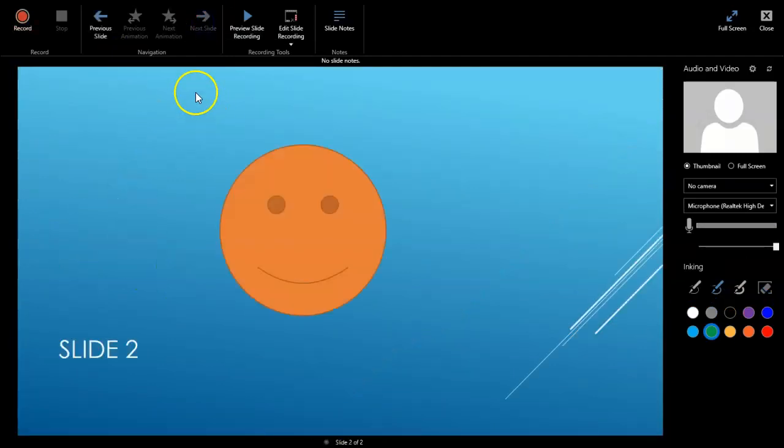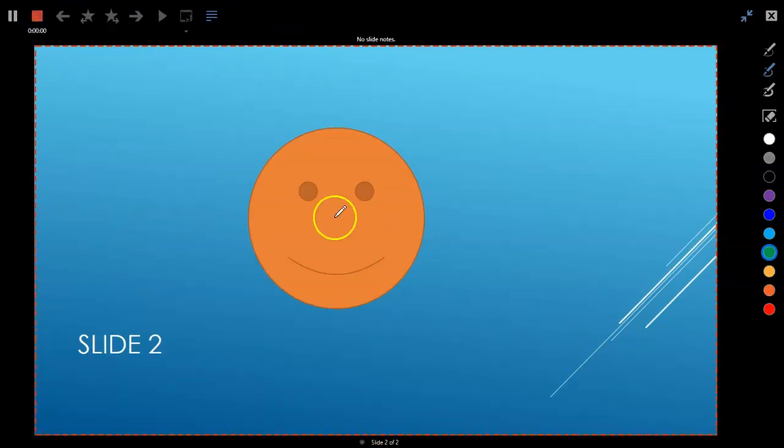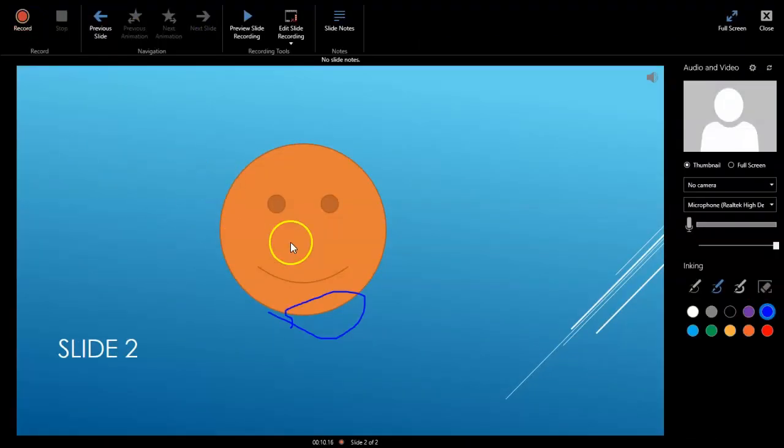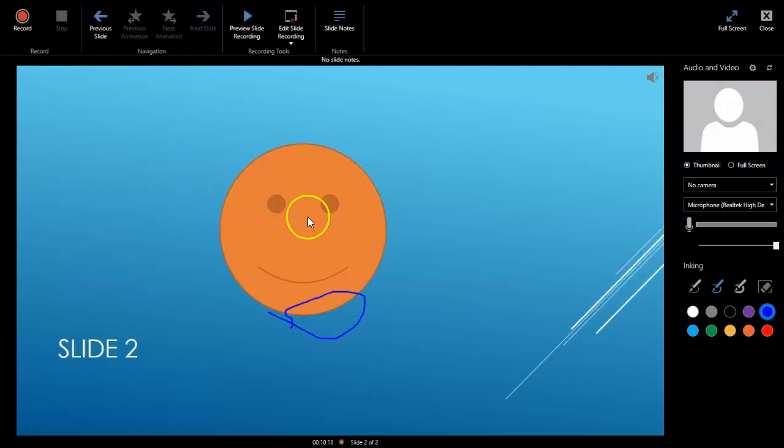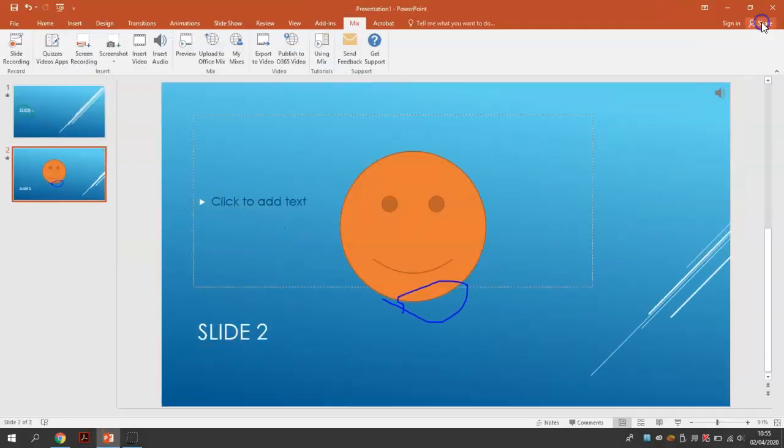I can annotate this one. So I'm just going to press record again, maybe choose a different colour this time, and you can see I've got the annotation, press the stop button, and now I've got two slides, both with their own annotation and both with their own audio recording. I could also edit the slide recording if I want to, but I'm happy, so I'm going to press close,